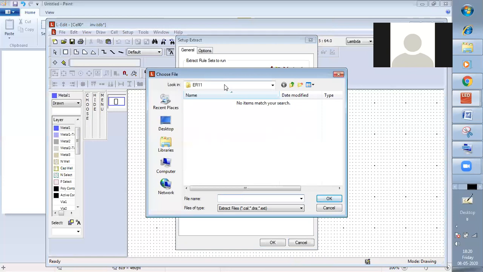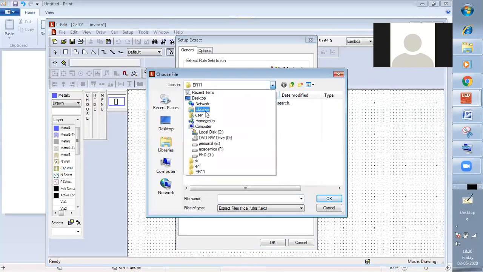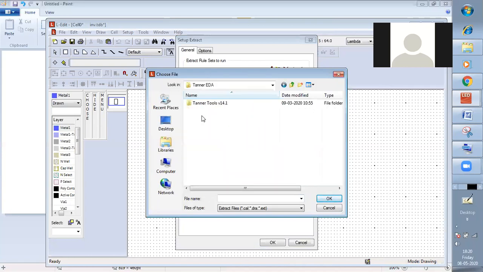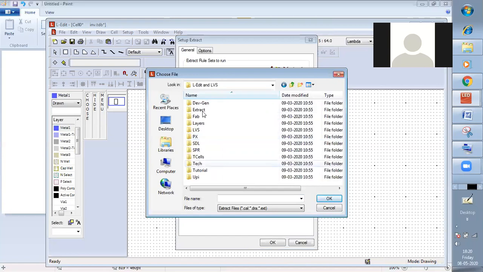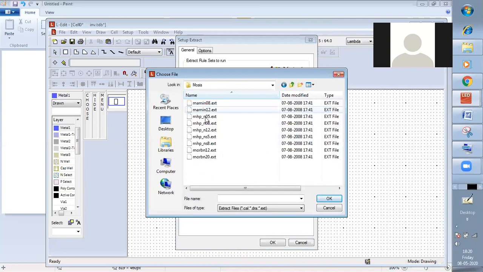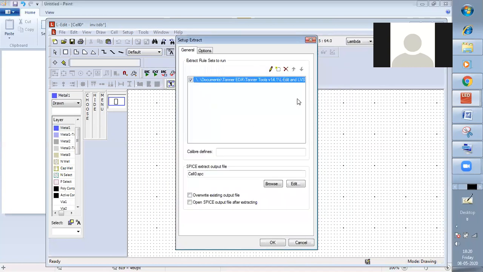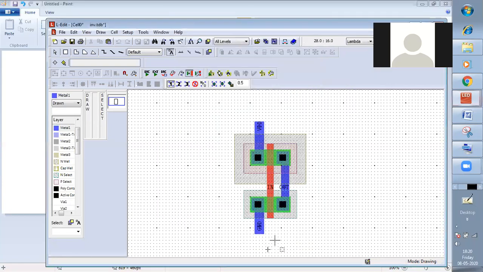We have to go again to My Documents, NREDA, NR tools, Edit and LVS, and so on. So this file and spice extract output file is cell 0. All things are correct now. We have to make it okay here and then perform extraction.